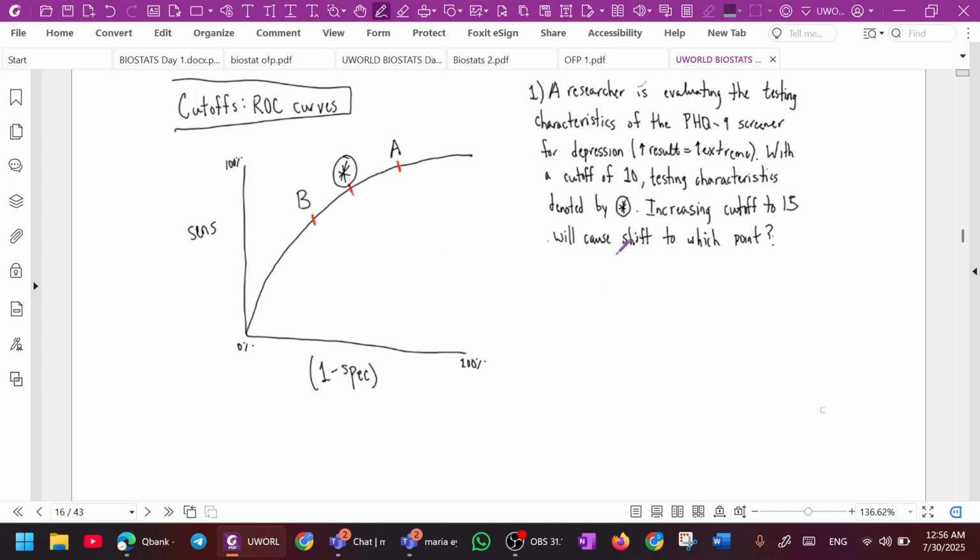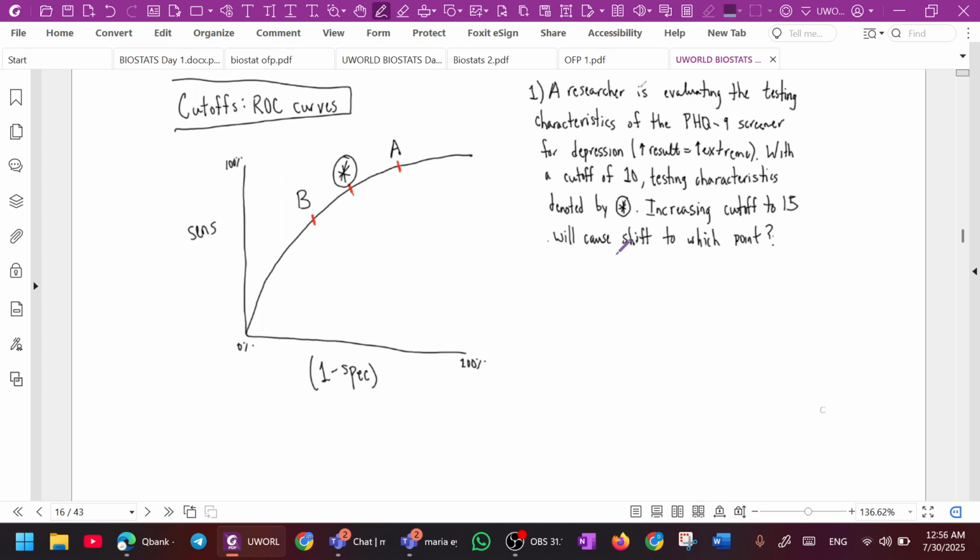That's just what it is. I don't like the way he explains it in the video. I feel like I don't get how he explains. He has another way to solve it in the video, but I think it makes sense to me the way I explain it to you. If you increase the cutoff, then it's hard for people to be diagnosed. It's harder to find a case of depression because you increase the cutoff. It just makes sense when you think about it. But in the video, he has another way of showing it. If you want to watch the video, you can.